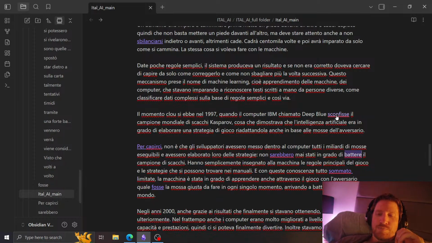Sconfisse. Sì, esatto. La pronuncia è giusta, sconfiggere. Se vuoi esercitarti ancora, possiamo ripetere. Sconfisse è per sconfiggere, ma il passato prossimo? No, no, passato prossimo. Imperfetto o che? Esatto. Sconfisse è proprio l'imperfetto. Quindi è la forma per lui, lei sconfiggeva o loro sconfiggevano. È usata per descrivere un'azione abituale nel passato.